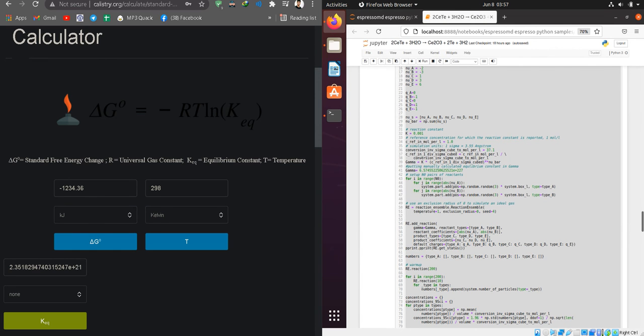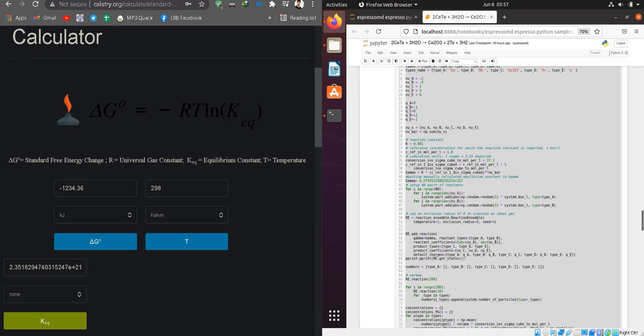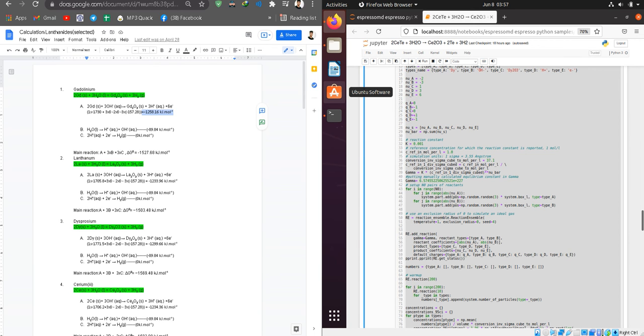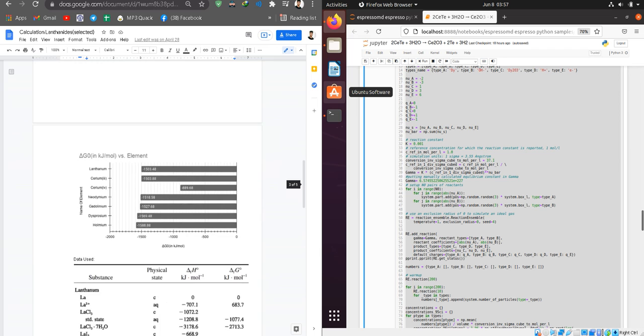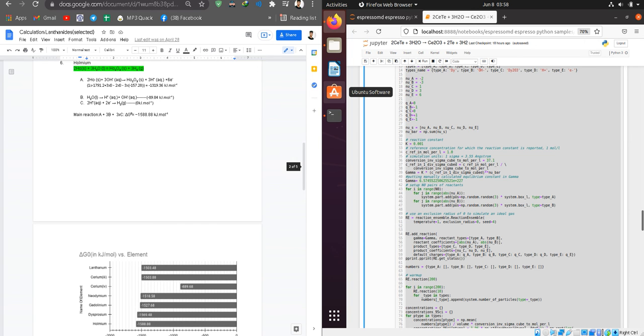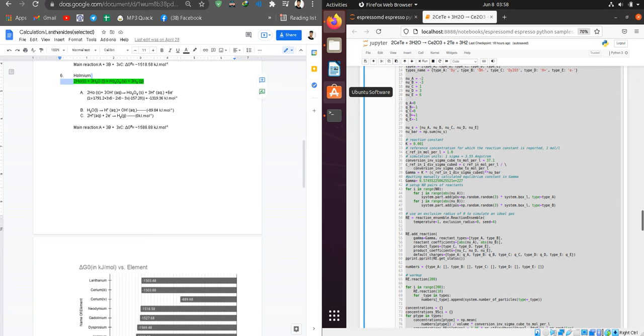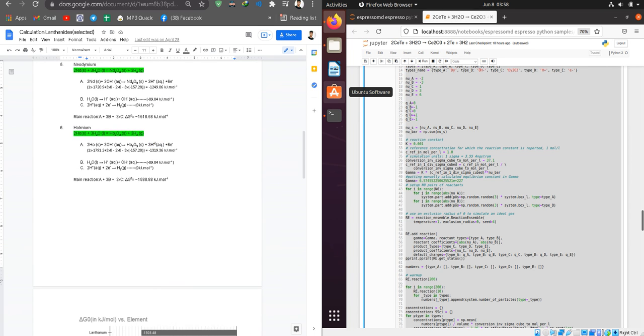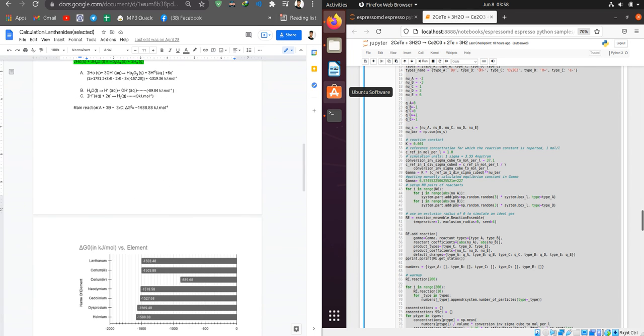That's it. This is how you can also do some analysis of your reaction. I calculated the delta G values and compared them with the per mole of hydrogen produced for this reaction. Since the amount of hydrogen produced will directly depend on the hydrogen ion on the right hand side, that's why I am keeping an eye on the H plus ion concentration.